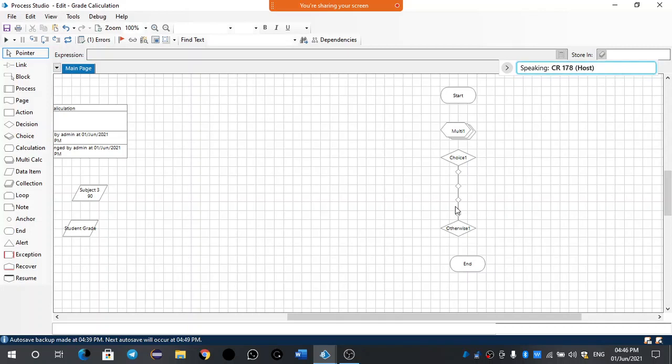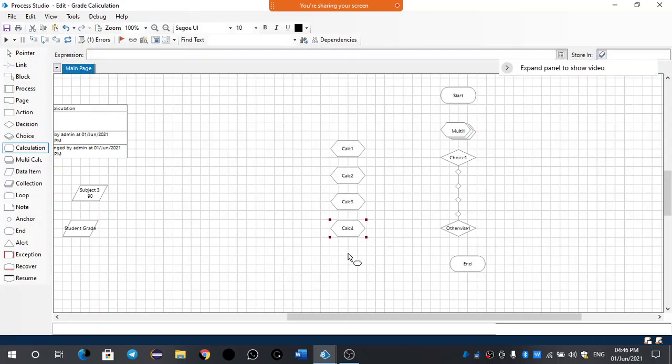Now take five single calculations. Keep them all in the same row. Double click on calc one.